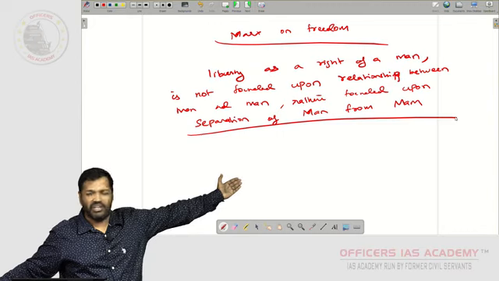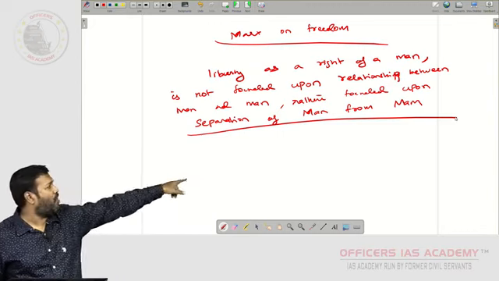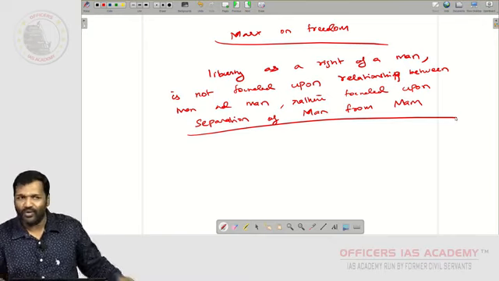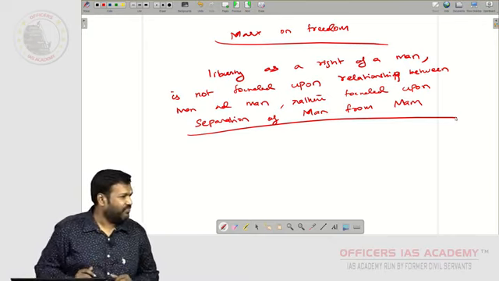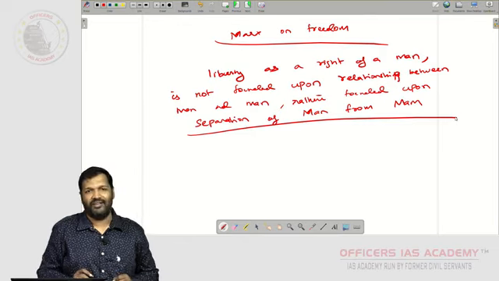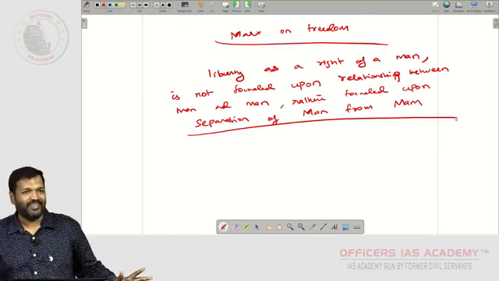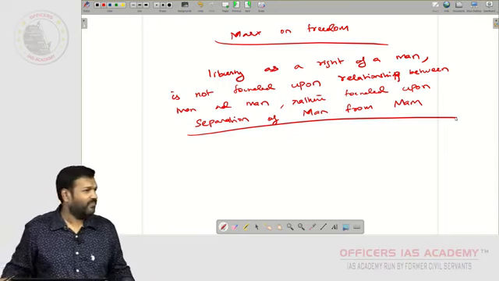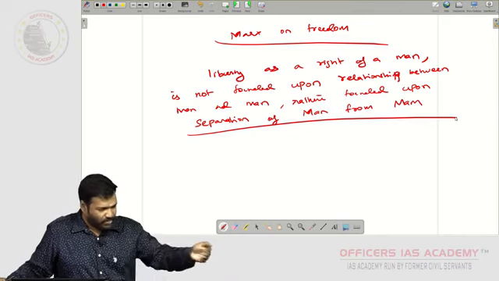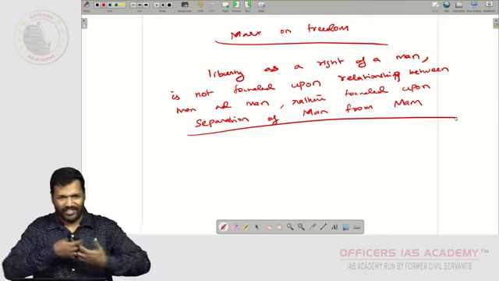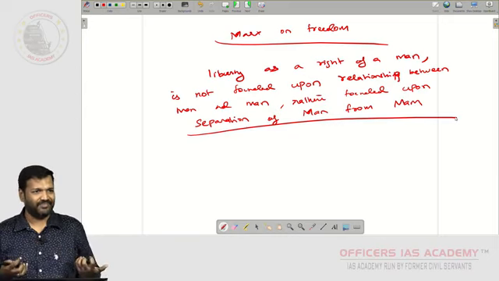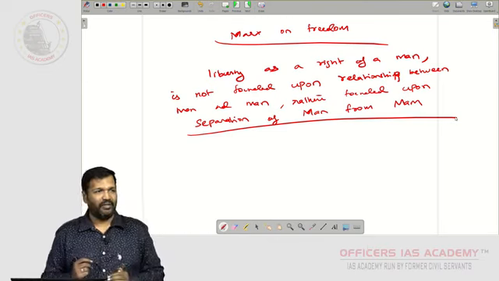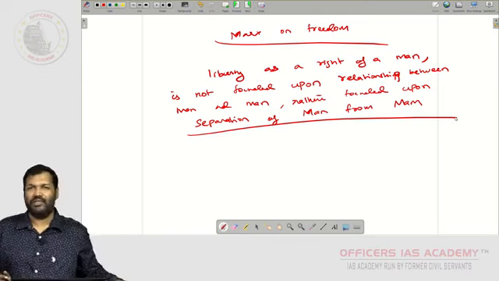Marx says, liberty as a right of a man is not founded upon a relationship of man and man. If you say freedom, you are not related to another man. In a relationship between a man and a girl, she says, I need space. Correct? Give me space. What is the space? When she says space, I want freedom, then the relationship ends there. You get separated. Marx says, whenever I expect freedom somewhere, say with your father and mother, you go and speak to your father, say, give me freedom.